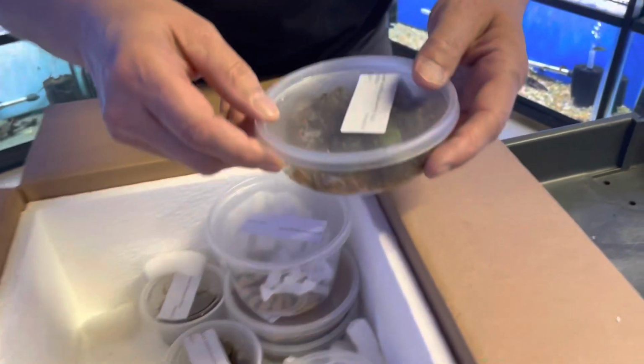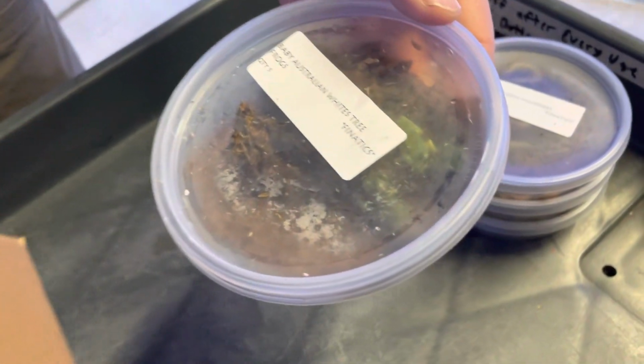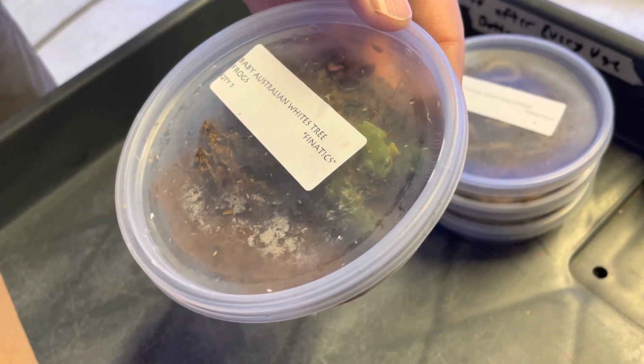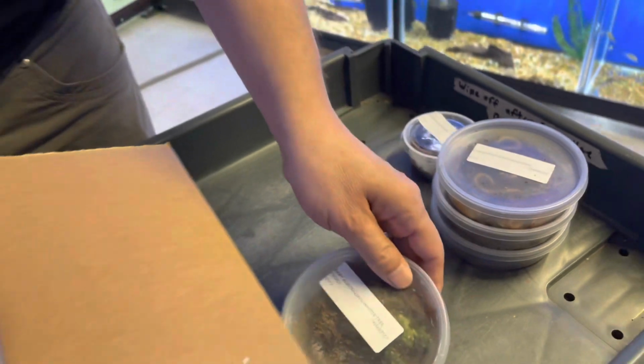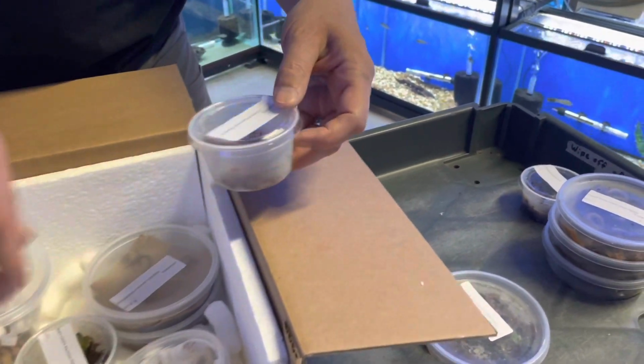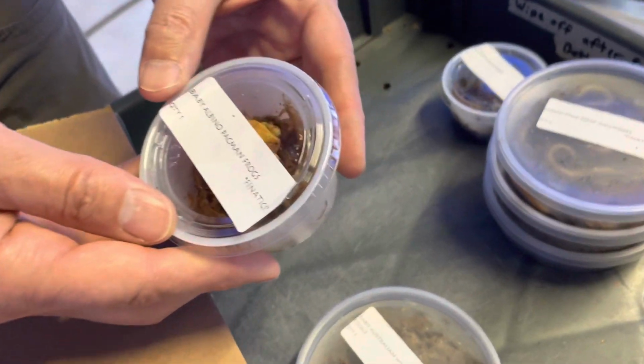We ordered several different frogs. Looks like we must have got some back orders there too, because this is baby Australian whites. We got 5 of those guys, I believe. Very small, very cute. Now they're gonna get big and, well, cute later. More frogs. We got in a couple packies. This is an albino